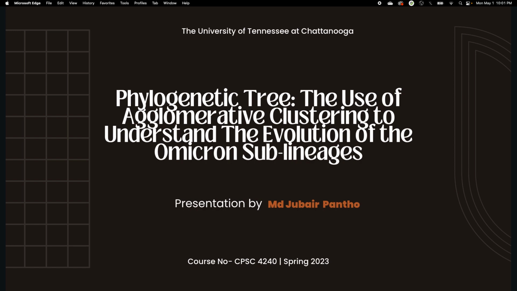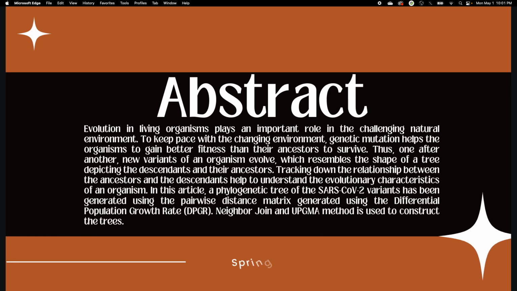So the topic of my today's presentation is the phylogenetic tree, the use of agglomerative clustering to understand the evolution of the Omicron sublineages. So I'm just moving forward. At first, I want to talk a bit about the overview of the whole research, what we want to accomplish,